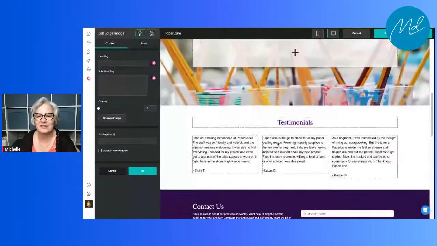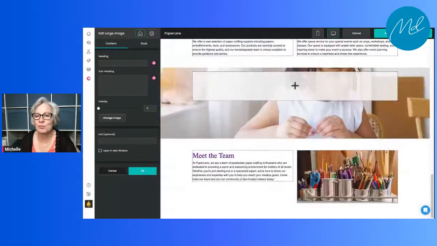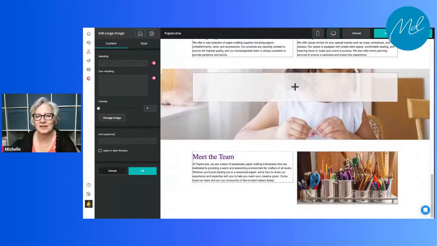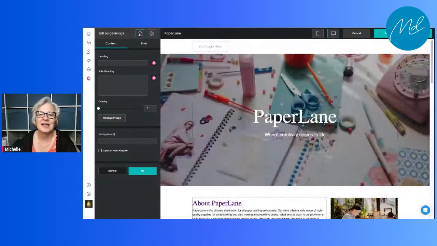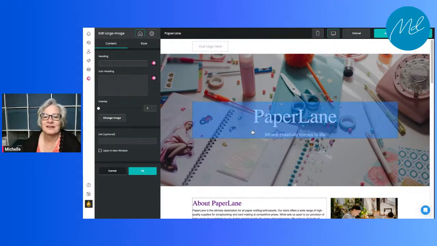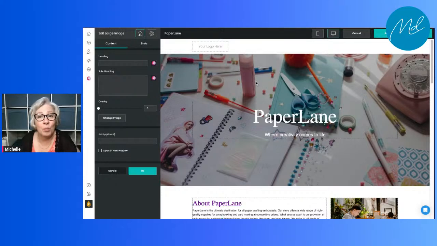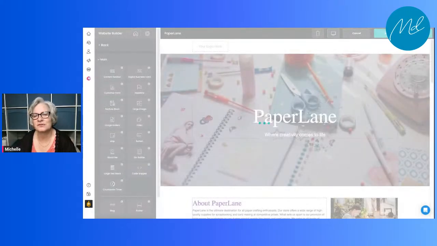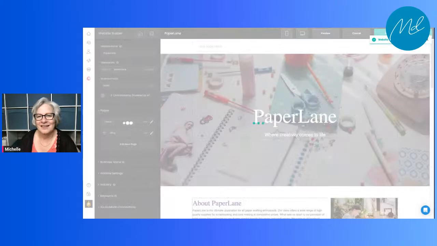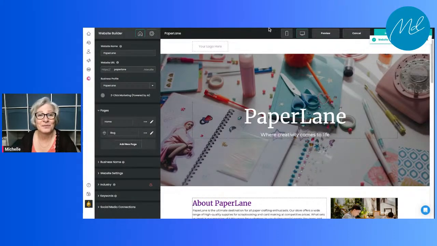This is almost like a landing page, except it's got a little bit more information than just a regular landing page, but you get the idea. And then as we go along, we can add pages and put more content into our website. In fact, we could add as many pages as we wanted to in this website. So anyway, I love it. I'm going to save it. Who knows what I'll do with Paper Lane. And so there you go. There's that.